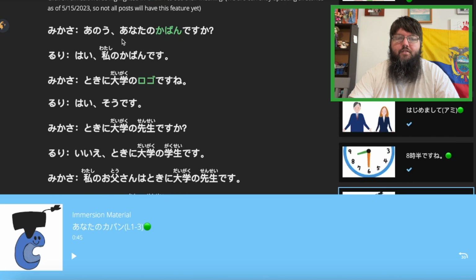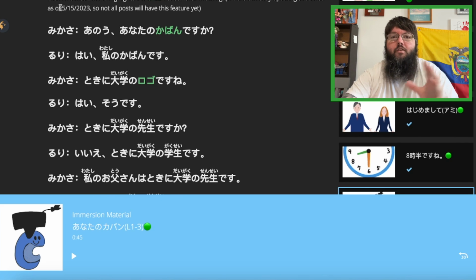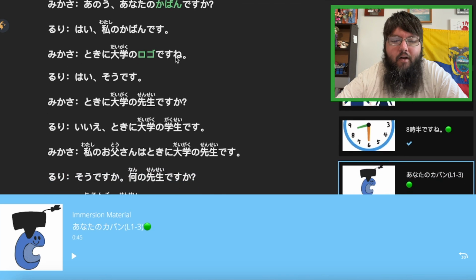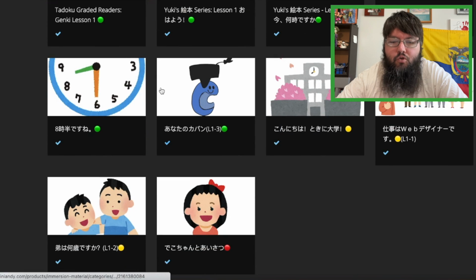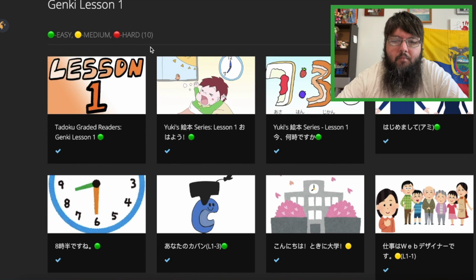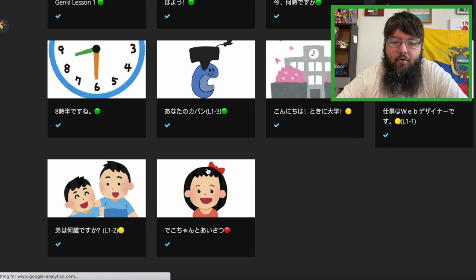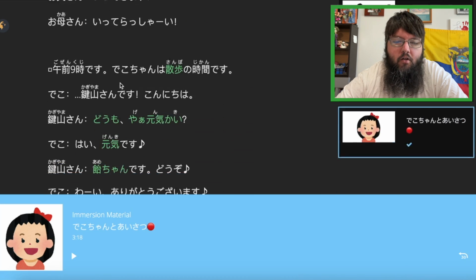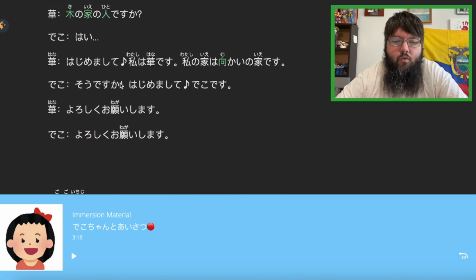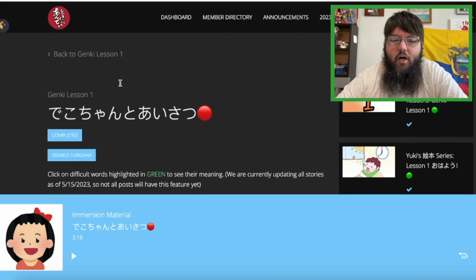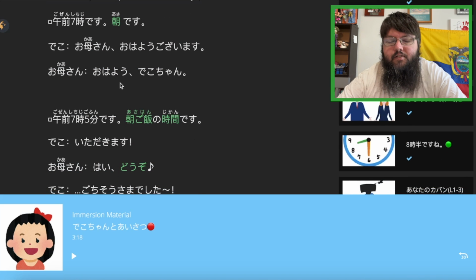It's so easy to get into versus just jumping right into native content. Now, I mean, you should still probably watch native content, but as far as comprehensible stuff and getting stuff down, I think that this is absolutely crucial. There's dialogues, and then there's also levels, right? Easy, medium, and hard. So they even kind of spice it up a little bit, and they'll give you tougher, longer stuff, just to test where you're at. This is actually a lot longer, but it's all that very basic stuff,